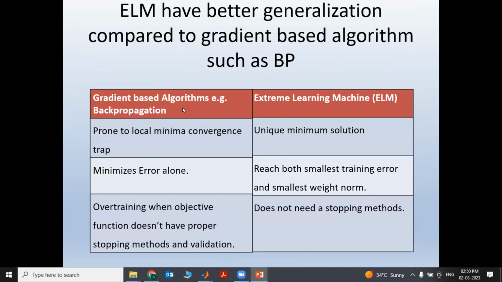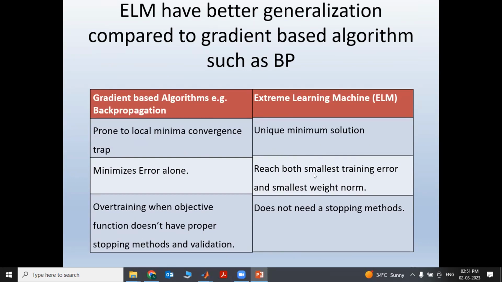Those who are interested, there is some mathematics associated with this. Here is a comparison between backpropagation and the extreme learning machine. The main issue I told you is that backpropagation may converge to local minima. But whenever you use the extreme learning machine, it always has a unique minimum solution. Another advantage is that in the backpropagation algorithm, the optimization is performed by minimizing the error, right?